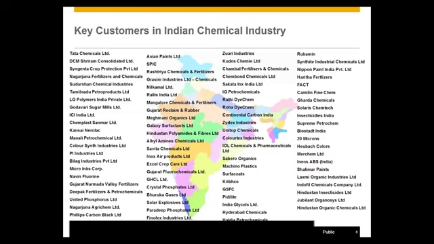Not only that, if you look at the kind of customers that we are serving in India, it's huge. It is still growing. To name a few, from Tata Chemicals to maybe a Supreme Petrochem, Shalimar Paints, Asian Paints, Grasim Industries, Nirma, Gujarat Narmada Valley Fertilizers. I can't actually put all the names in one slide. So I just wanted to show you that these are the customers in India who have successfully deployed and are successfully running on our software. The list is growing and growing.